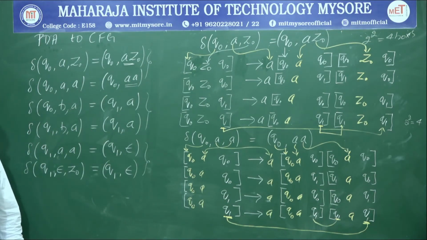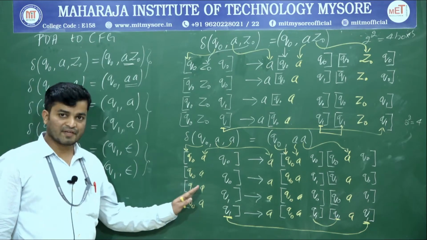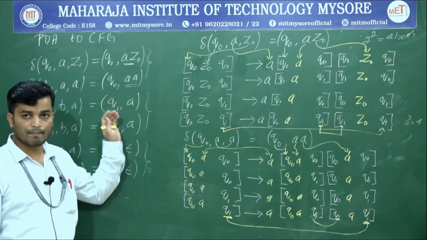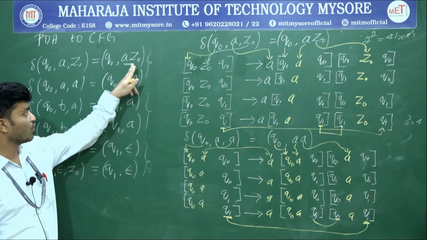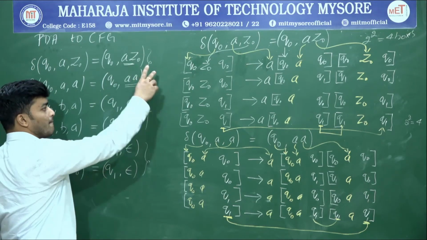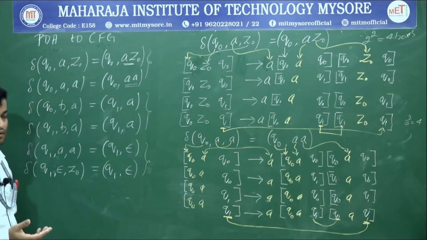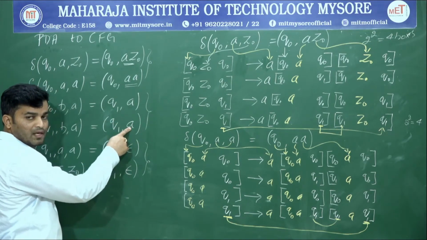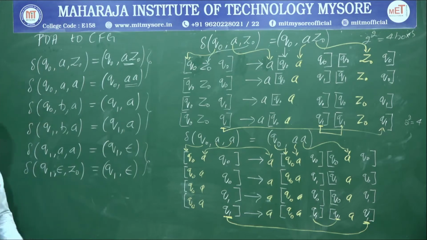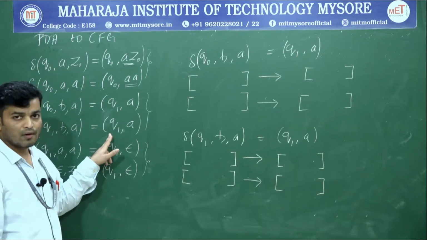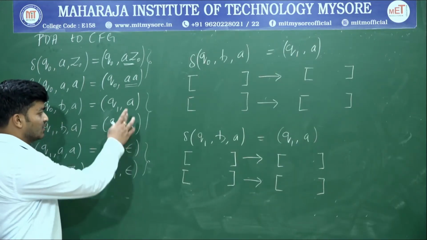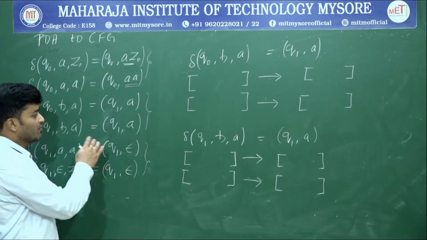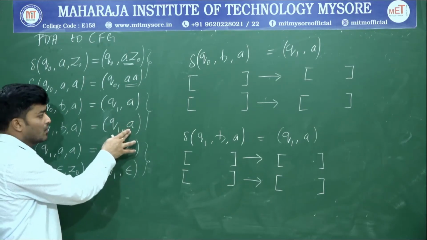Okay. So this is a context-free grammar for the given PDA if the production is having 2 terms in the right hand side. Okay. So next we will see how to write context-free grammar if you have only 1 term in the right hand side. So now we will see what is the rule if you have only 1 term in the right hand side of the production or a given transition function of the PDA.